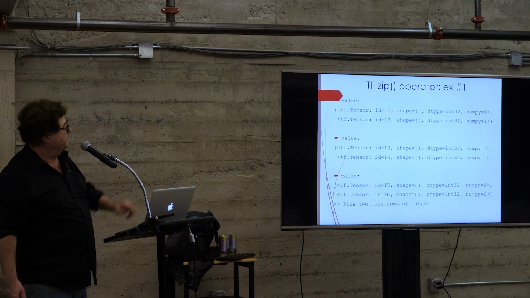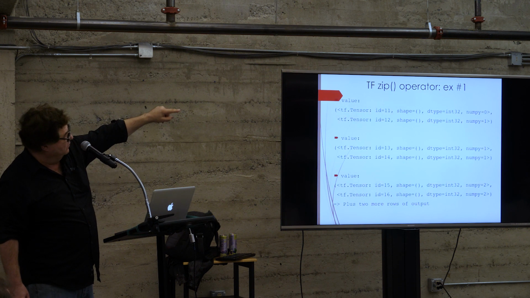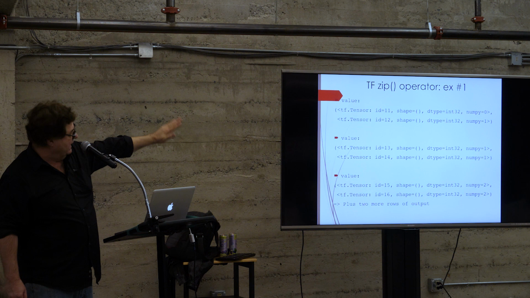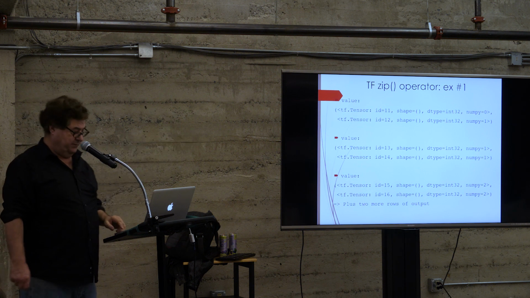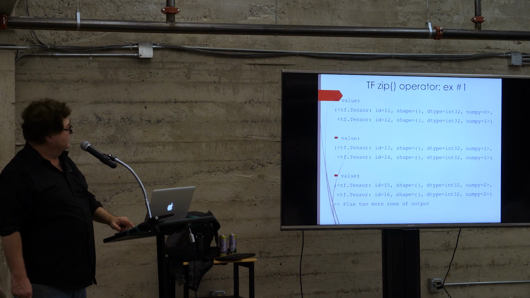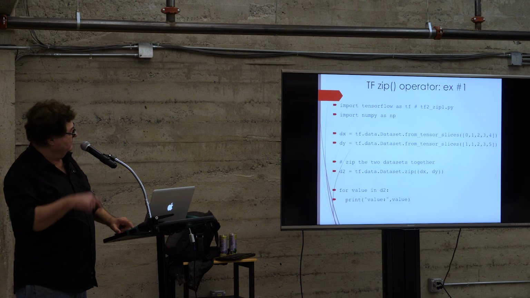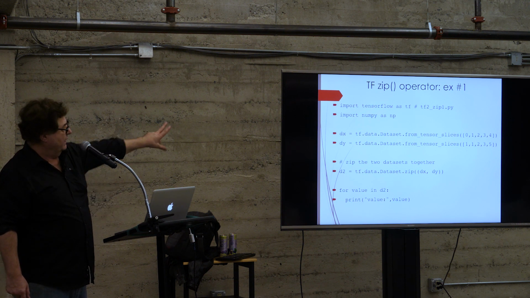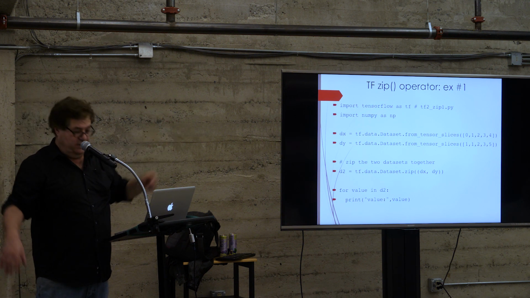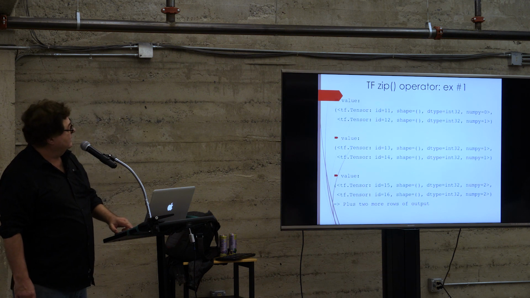And so when you look at the output, as you can see, 0, 1, 1, 1, 2, 2. I had to chop off some of it because it didn't fit on the screen. So this is an example, again, of doing a zip of 2 data sets. I mean, this is one way to do it.